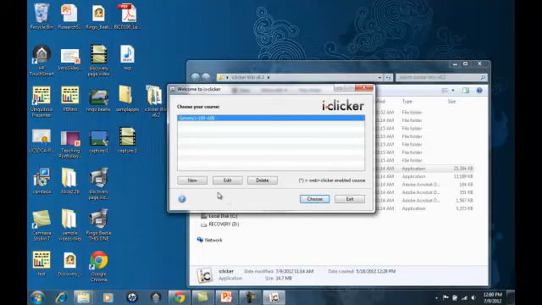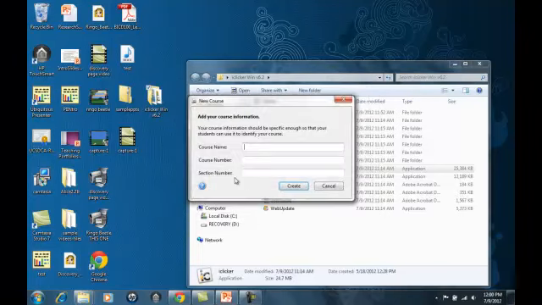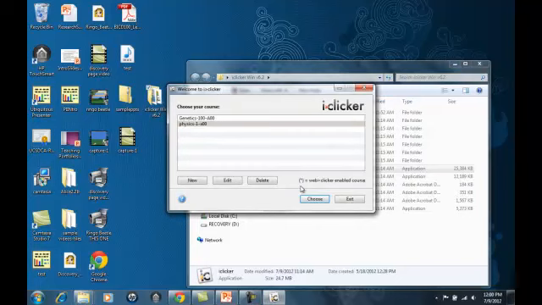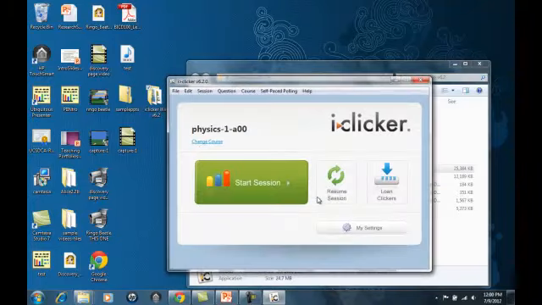So just to demonstrate, I'm going to click on New, and you just go ahead and enter your course name, whatever it may be. I'm just using this as an example. Just type in random things, click Create, and now you can see that this class that we just entered is selected. So just click Choose right there. Now it's going to bring up this main window, which you're going to see every time you open the iClicker program. So go ahead and click Start Session,